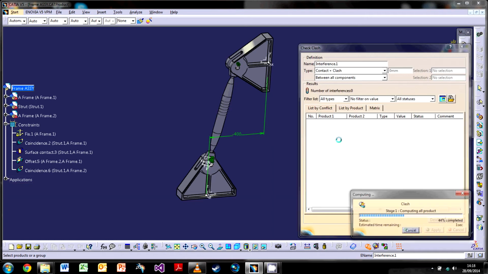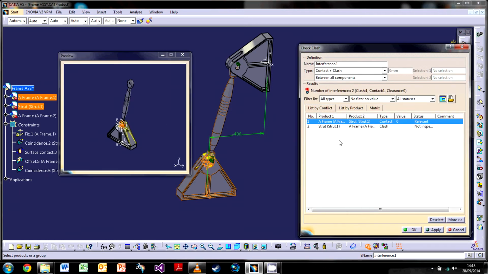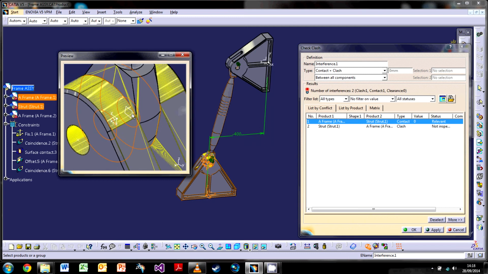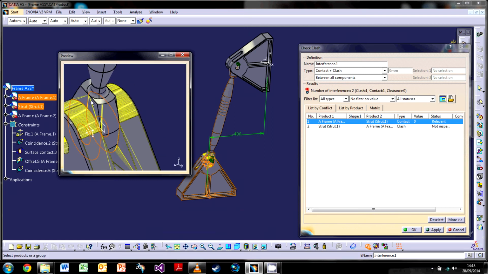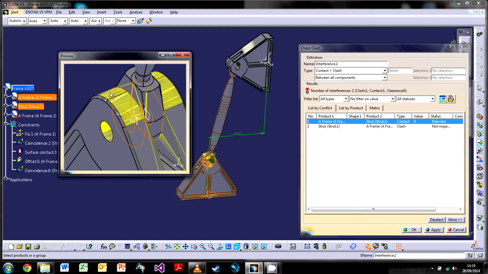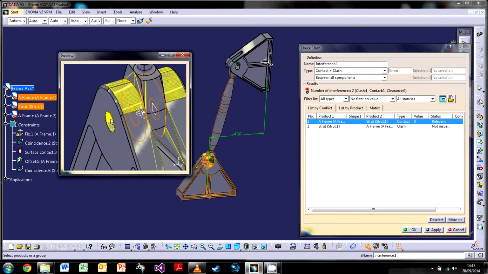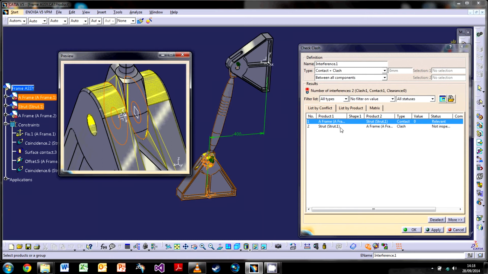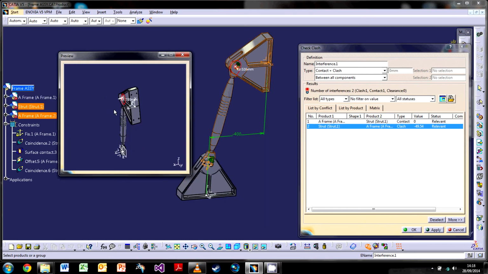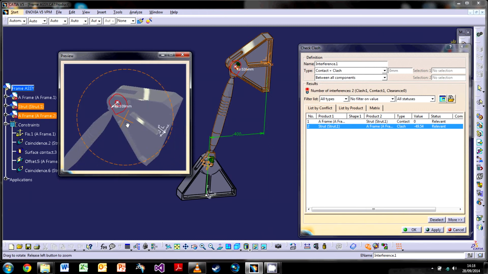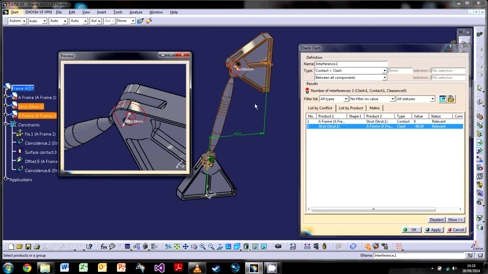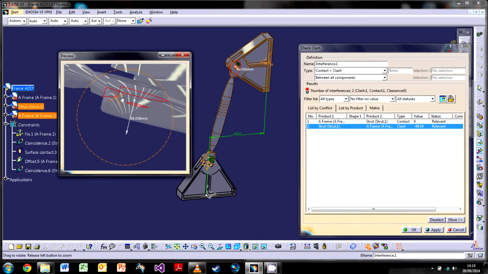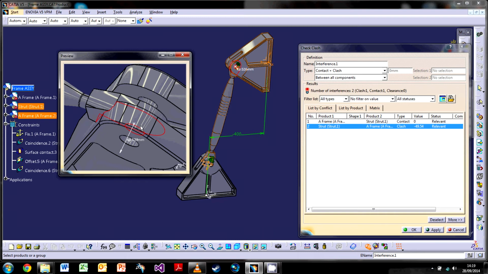If you click apply, it will analyze it. So you can see here it's come up as a list, with a type, a contact. So there's a contact, it will note it in here, and you can zoom in here. So you can see currently there's a contact between this face here, which you can kind of imagine, and this face here. So they're all sort of contacted together because they're exact same size. However, if you go down like this, you'll see there's a clash, which is being made by the fact that I've moved my part out a little bit. So what it's showing is there's a clash between this surface here and that surface there, and the clash is